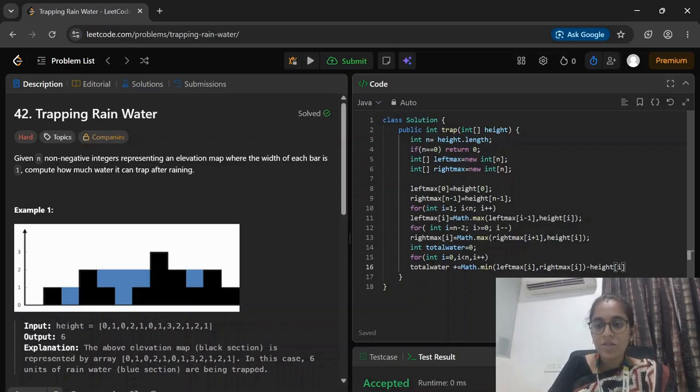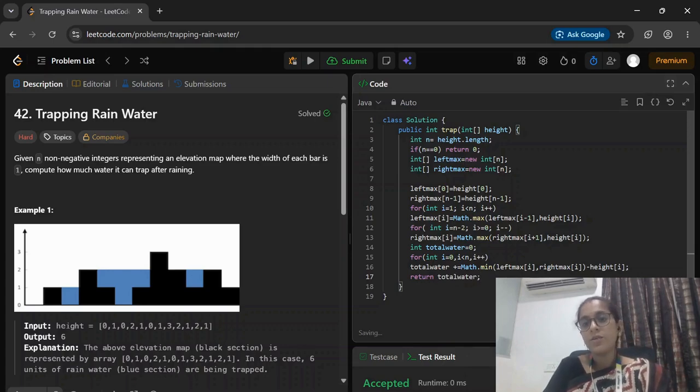The height of the current position is subtracted here. Next we return the total water, the total units we have accumulated. So if we run this code,